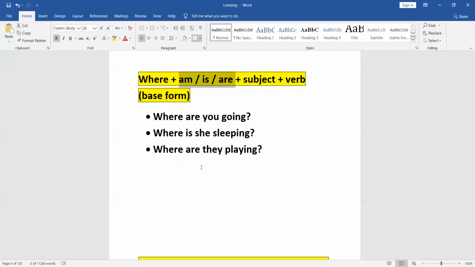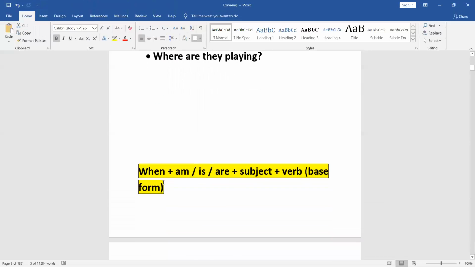And the next one is, where is she sleeping? As in, until such time she might have been sleeping on the couch, but the person is really worried. Is she going to continue to sleep on the couch or is she going to go to the bed and sleep? So where is she sleeping? Right now, where is she sleeping? Before she was on the couch, now where is she? That's the point. So where are they playing? Maybe they're playing in the garden or they're playing at the beach house. We don't know where. But at this moment, present time, where are they playing? That's what they want to know.